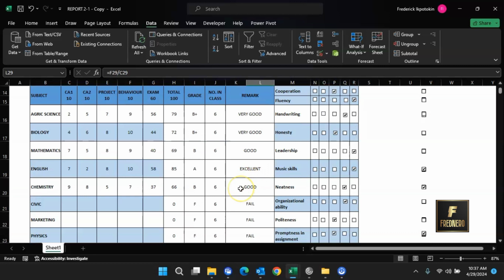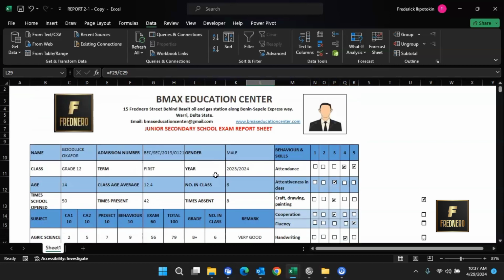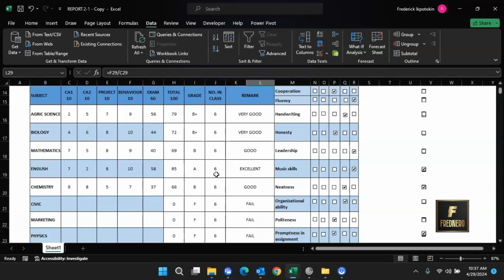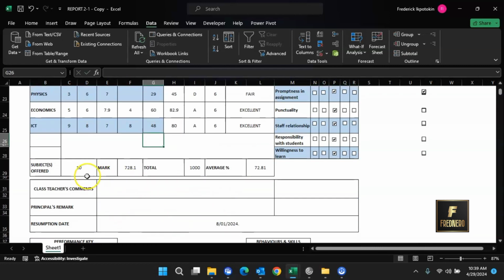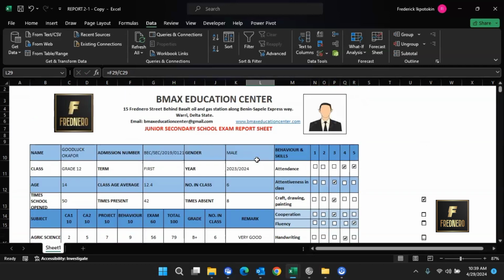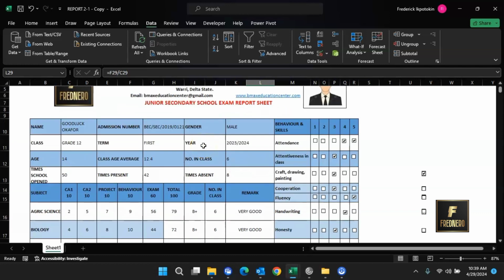Now this is how to use Microsoft Excel to create a result template or an automated result template. What you just have to do is input the score. So you can see that the total marks changed, the average also changed as well. Now this is how to use your Microsoft Excel to create an automated